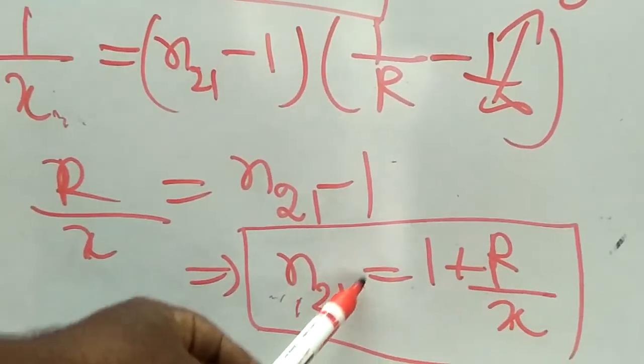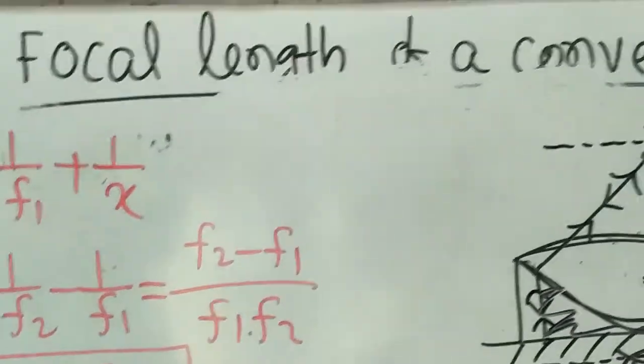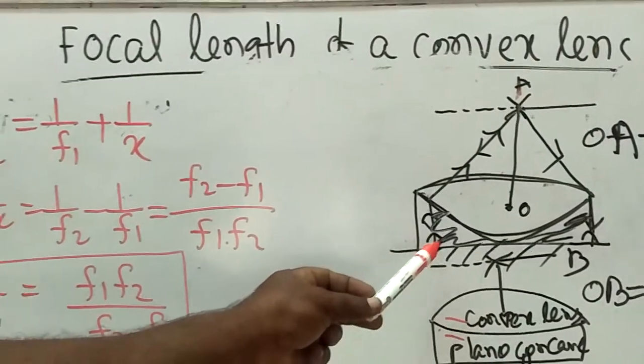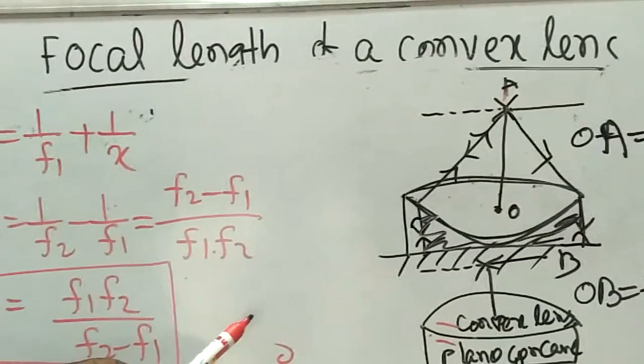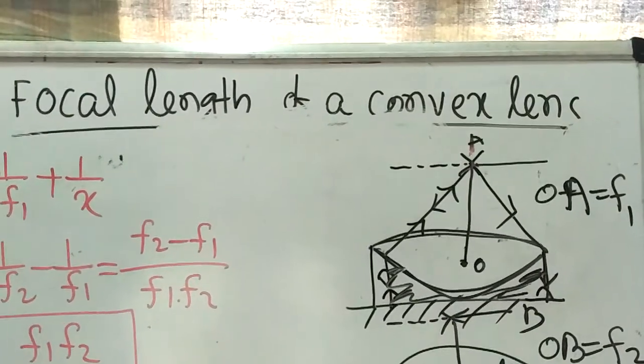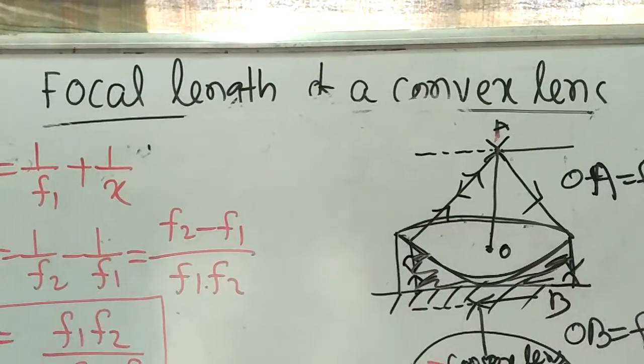So thus we discussed the different methods used to calculate the focal length of a convex lens, that is the displacement method and the method with the help of a plane mirror. I hope all of you understand me and you will practice it. Some types of questions are coming in the CBSE and other examinations. So all of you practice and you can score good marks. Thanks to all.